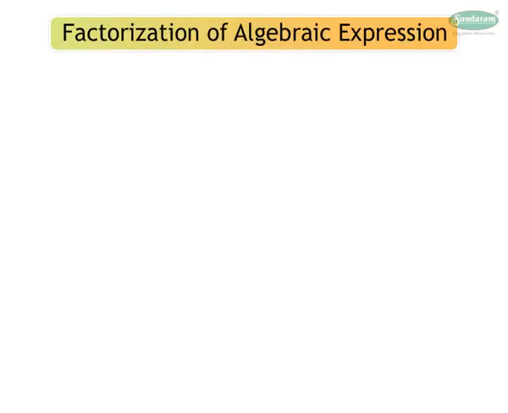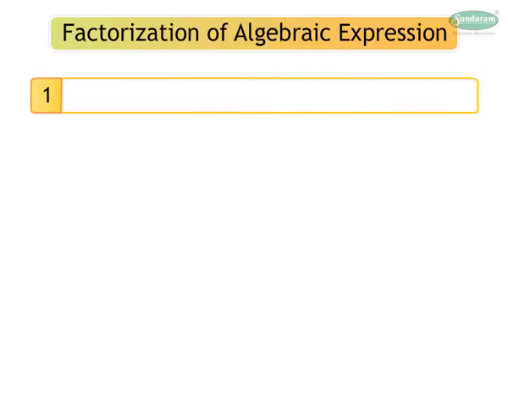Factorization of algebraic expression. We now move ahead with another topic which we are familiar with. We shall learn more about factorizing algebraic expression. Hence, let us take a look at the identities that we already know and which we shall use to factorize the expressions. 1. The first identity is the expression of a plus b the whole square is equal to a